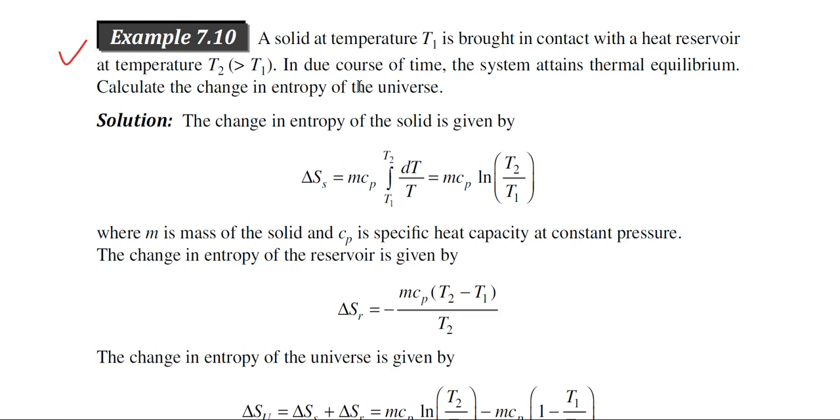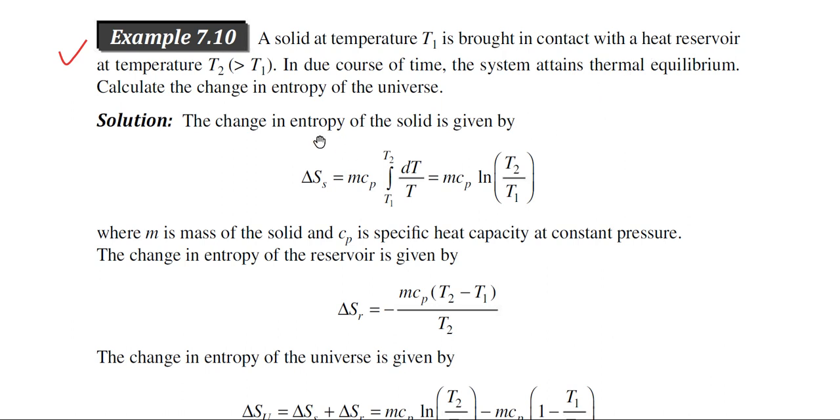So why are we assuming the final temperature as T2? Because this is a heat reservoir actually. So when the solid is in contact with the heat reservoir, ultimately the solid will be at the temperature of the heat reservoir, because reservoir means that it has infinite heat capacity, it will not lose heat. We will consider that it will not lose heat. So, its temperature will be fixed. Only the temperature of the solid will be increased from T1 to the temperature of the heat reservoir.